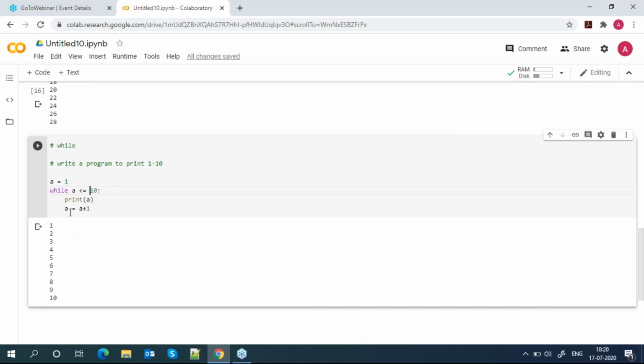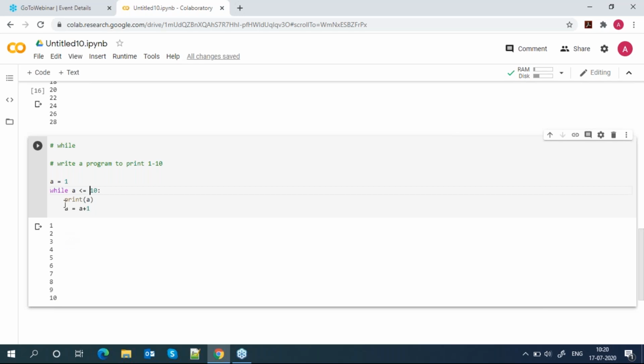Now your a value is 2. Again go and check: 2 is less than or equal to 10. Yes, this is true. Then print 2. Now 2 equal to 2 plus 1, so now my value of a is 3. Every time it will increase by 1, till 10.